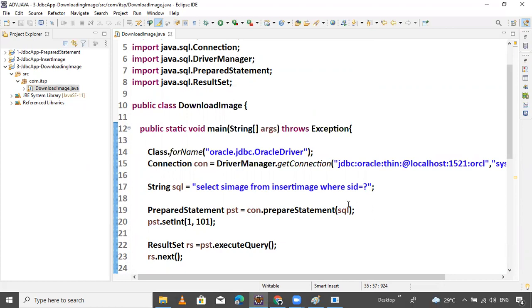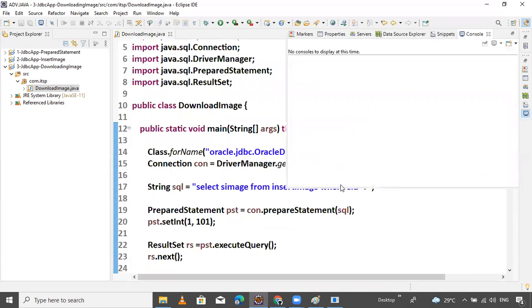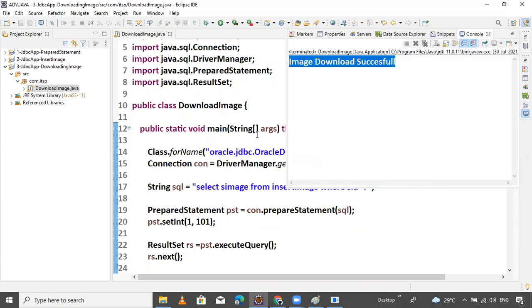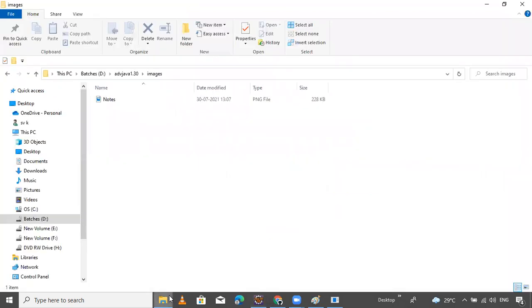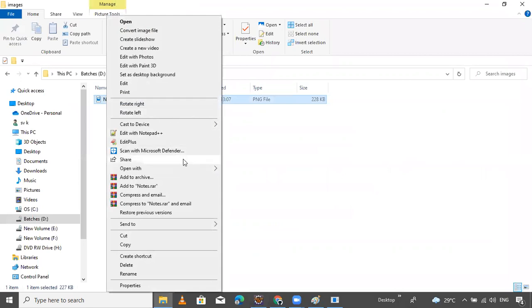What happened? Wait, running, I think. Yeah, image downloaded successfully. You will get the message. So let's check whether the image is coming or not.